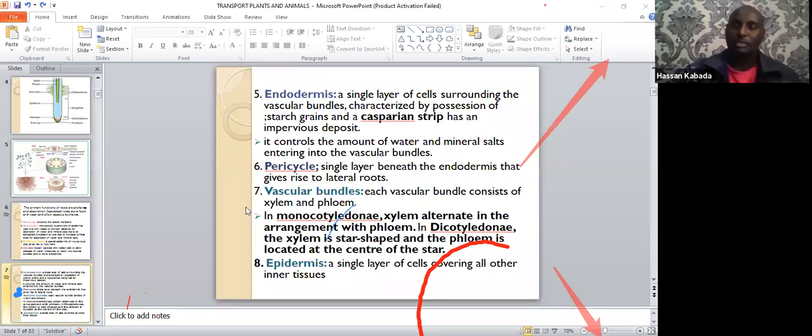So, there's a very organized traffic system whereby they will not come into contact. Water passing through the xylem, and the dissolved food through the phloem, they'll never come into contact, and they are separated. One is moving up, the other one is moving down, and so the water molecules are taken up, the food is brought to all parts of the plant, of course, including the root. Then we have